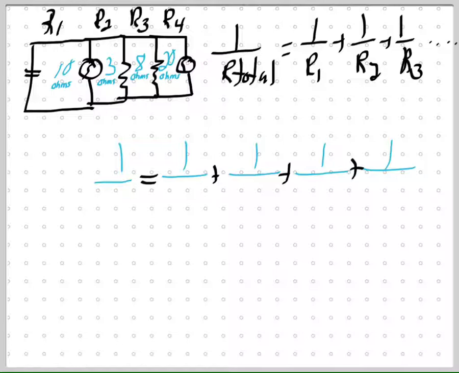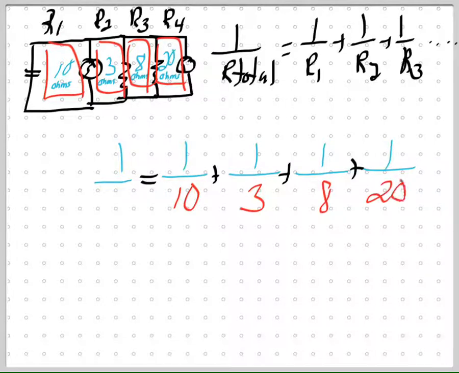So 1 over 10, because that's this one. And then 1 over 3. And then 1 over 8. And then 1 over 20. Okay? And then, what do you do next? You break them down into decimal form. So, we're going to start with this one first. 1 divided by 10 is going to give me